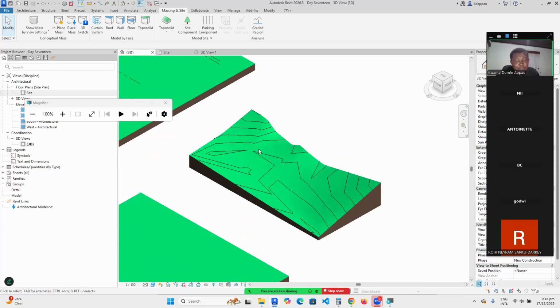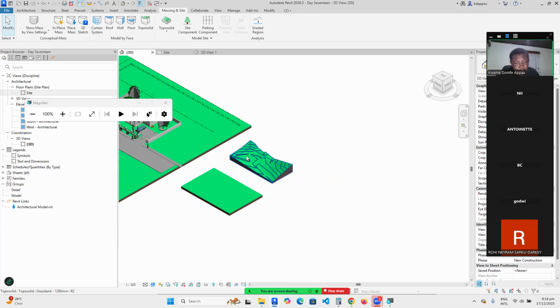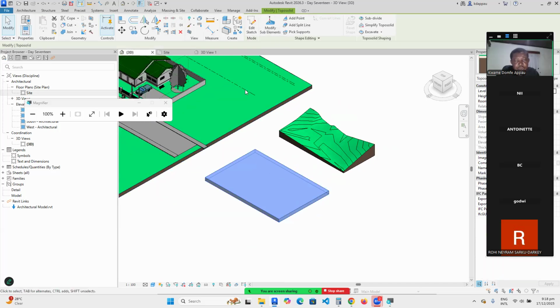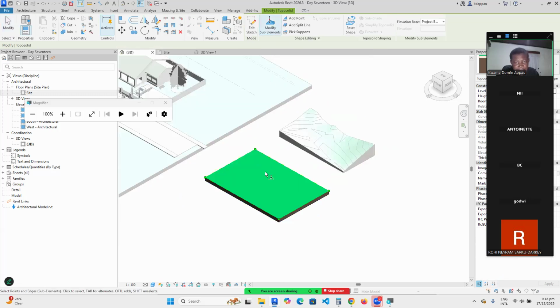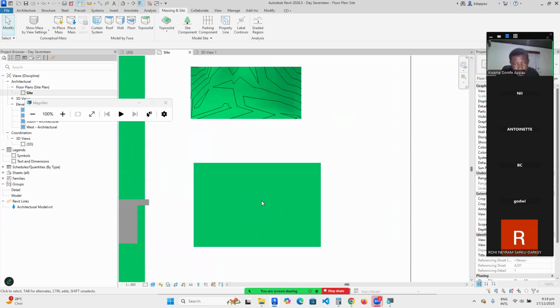Please, it's a matter of you playing with the points. You can create any contour form. Let me take this one for instance, and then go to edit sub-elements. Let me go to site. I'll start from the middle here and then do a series of concentric circles to see the feature I can create. So I'll go to select topo surface,